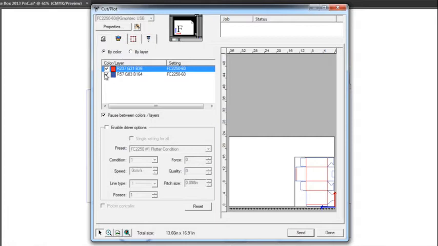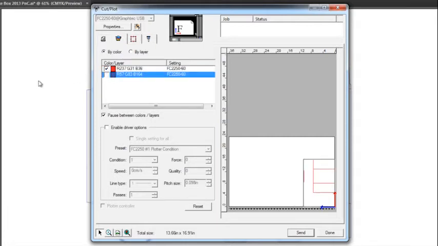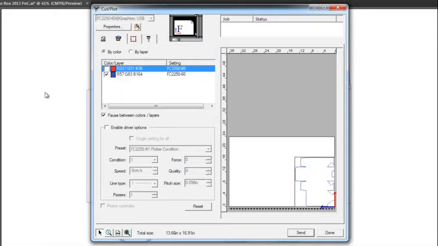Thus we would click on the check mark next to the blue layer, disabling it, and then send the job where only the red objects are sent. Once the plotting is done, then we would switch the tool in the cutter, click on the blue layer to enable it again, click on the red this time to disable it, and send the job consisting of only the